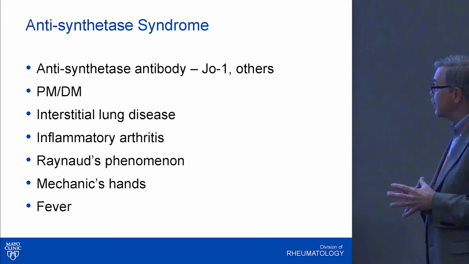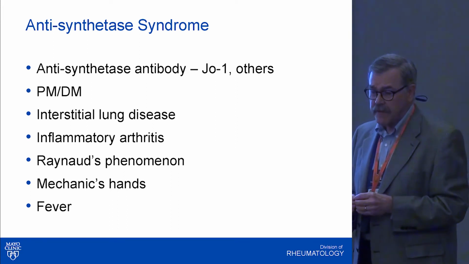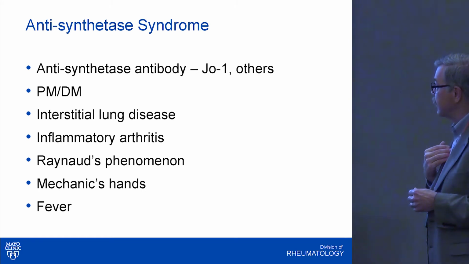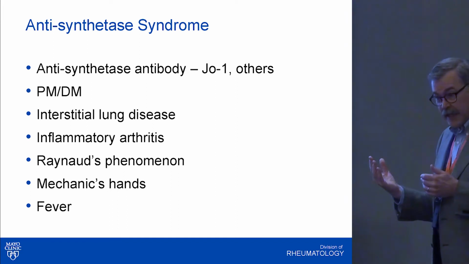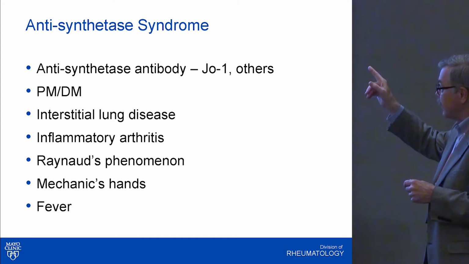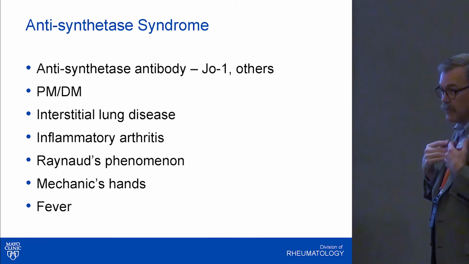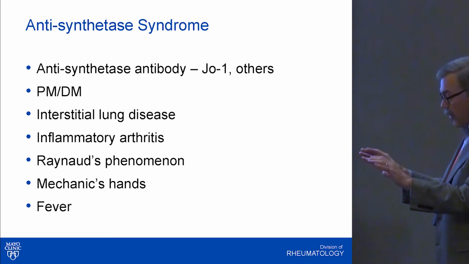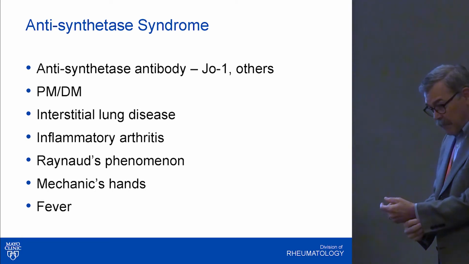Anti-synthetase syndrome. It was known that patients with inflammatory myositis were at risk of developing lung inflammation called interstitial lung disease. And as people were identifying specific autoantibodies, we're still getting there, this one called JO1 was identified, and it is highly associated with development of interstitial lung disease in patients with myositis. The other clinical features that show up with this syndrome are inflammatory arthritis, and indeed I've seen a number of patients who